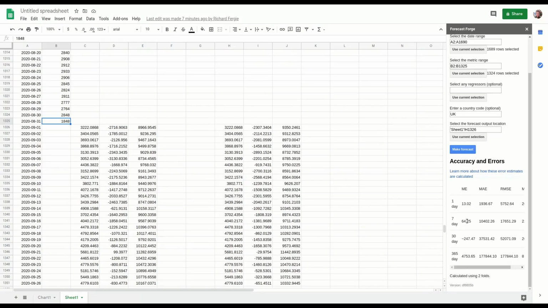Generally, these errors are on a different scale. Obviously, over 7 days you get more sessions than you do over 1 day, so these errors are bigger,